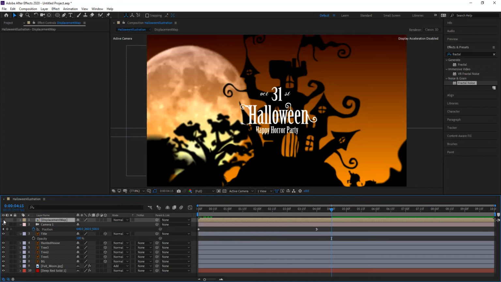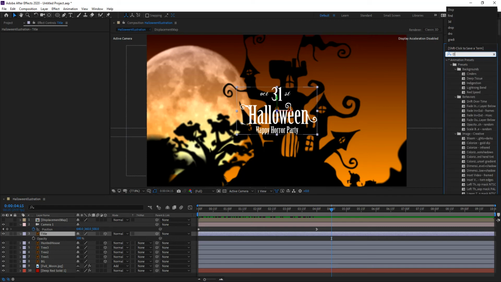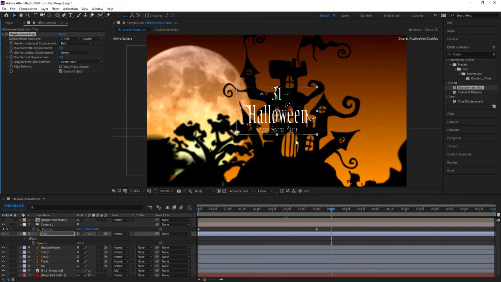So I can turn it off because I am going to be using a separate filter in the title layer. In the title layer, I will be using that displacement map filter. Let me go to the filter window and filter out for displacement map. There it is, displacement map. And I'll drag the displacement map onto the title layer, let it go, and you'll notice that it automatically morphs